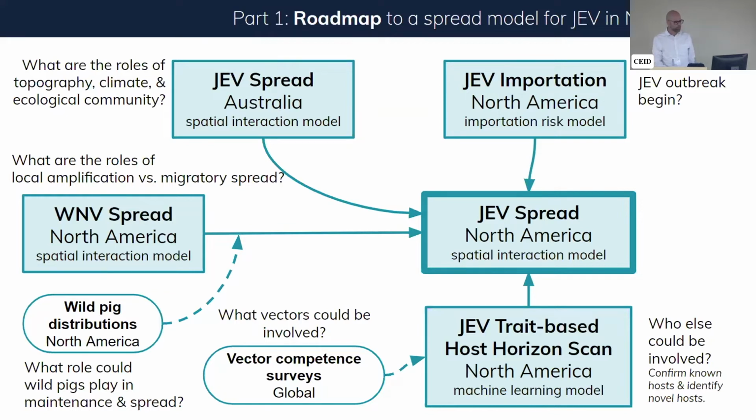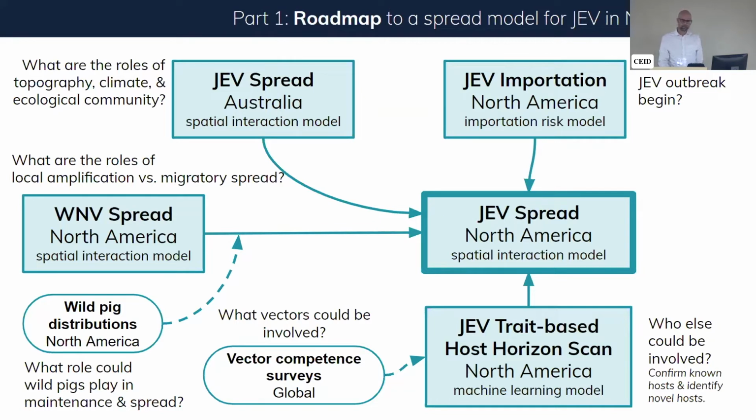I think that would inform a JEV spread model in North America, but I think the conditions in North America are also quite different. Different players, possibly different spatial distribution of amplifying, spread, versus migration. The picture that's forming in my mind is that we need to think of the species that are spreading the virus and the species that are amplifying the virus as different. So when those are co-located is really important. And of course, that's seasonally variable, as is the mosquito population dynamics.